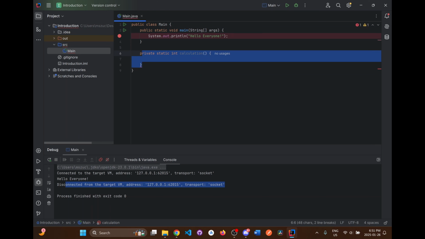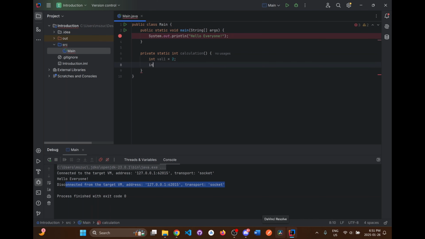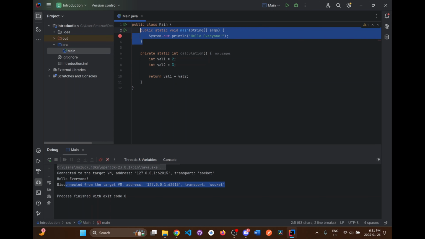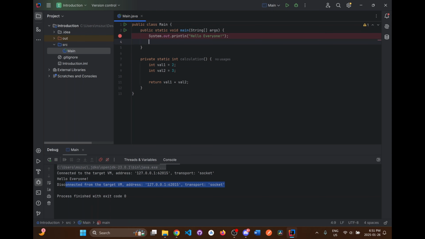So if we make any other classes later, any other files with classes, they will not be able to call this method. So if I go right here and I do something like int val1 is equal to 2, and then int val2 is equal to 3, and then what I want to do is return val1 plus val2. And here in the main method, let's say I want to call it. It will be something like int total is equal to